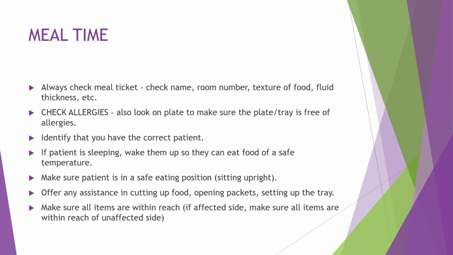Are they on a regular texture? Are they on pureed or mechanical soft? These are super important items to check. So before we hand them the food, we're actually physically looking at the food to make sure the texture matches what's on the plate. For example, mechanical soft diets, think of something that's easy to chew. A salad is not easy to chew. It requires a lot of chewing. People that are on mechanical soft typically cannot have salad. They're also not going to have a chicken breast on their plate, but they will have ground chicken